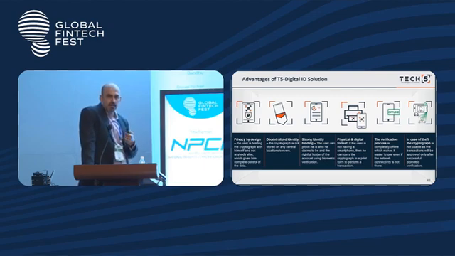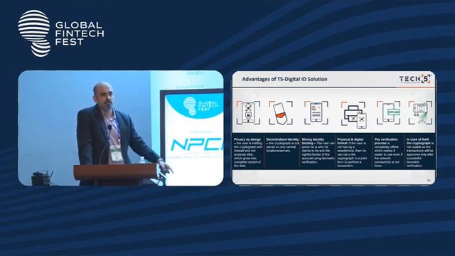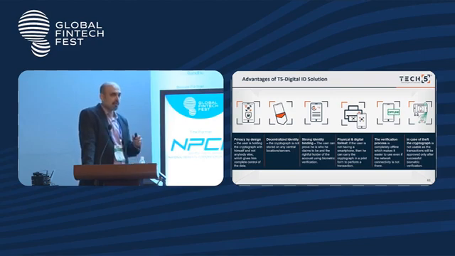Strong identity binding, where it's being bound to you irrespective of which phone you use, right? So today you may be able to do a UPI transaction on any other phone as long as you have the identity with you. You don't need your own phone today. Can be in a physical or a digital format. So even if you don't have a phone and you still want to prove your identity to perform a transaction, you could do that by showing it on a piece of paper.